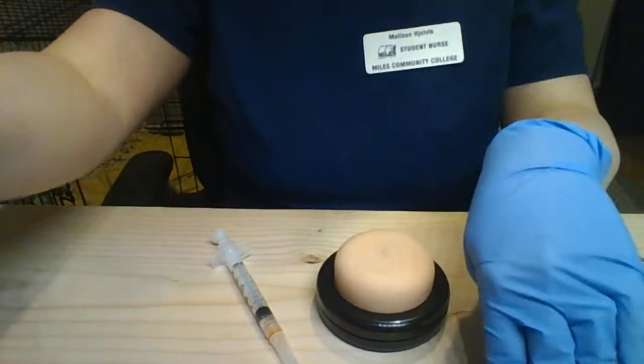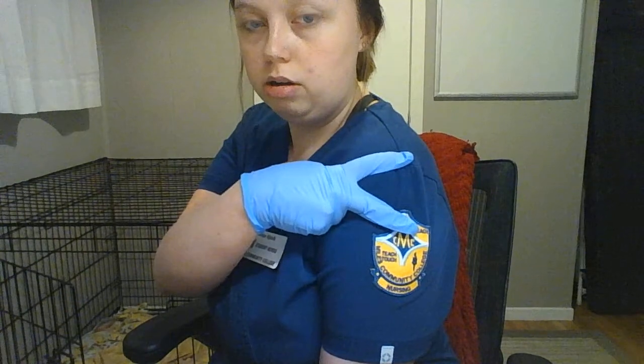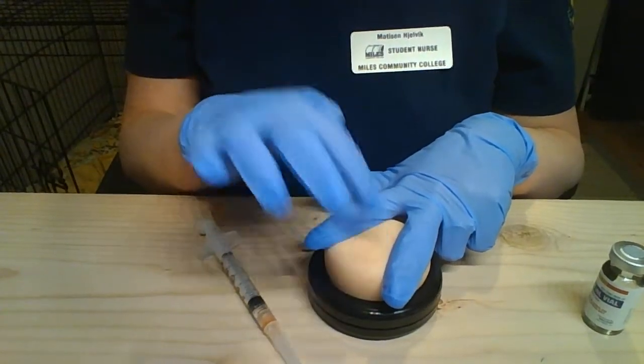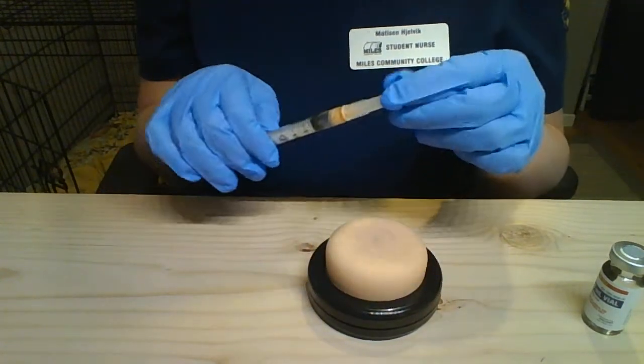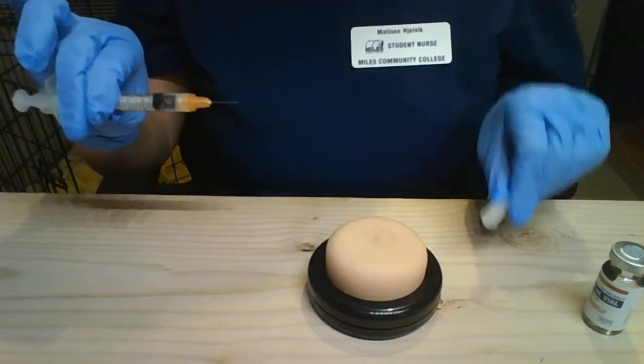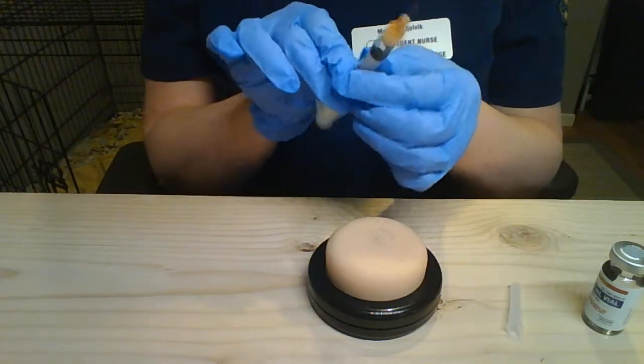Throw that away. And then I'm going to take my 2 fingers from the top of the shoulder and make a V, and then the injection's going to go right in the middle of my 2 fingers. So I'll do that on my patient. Got my 2 fingers, it's going to go right in the middle there. Remove the needle cap and check. I got my 0.5,